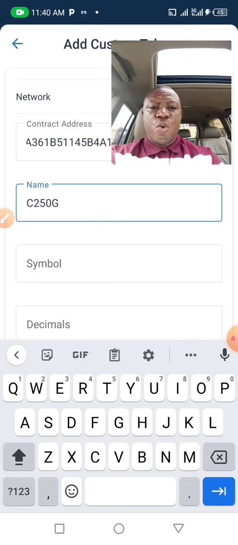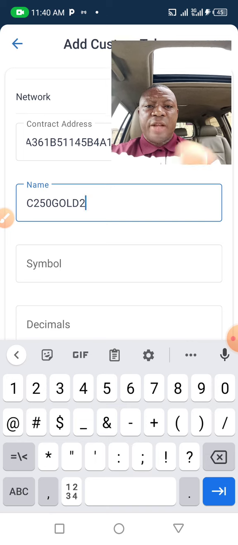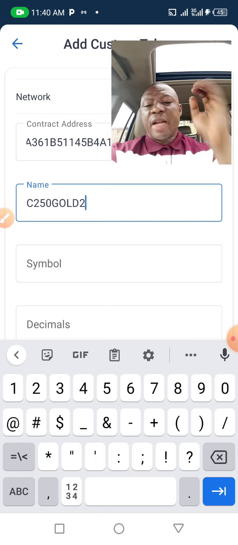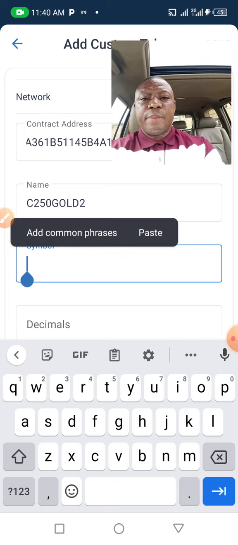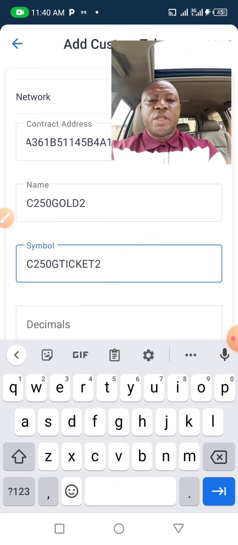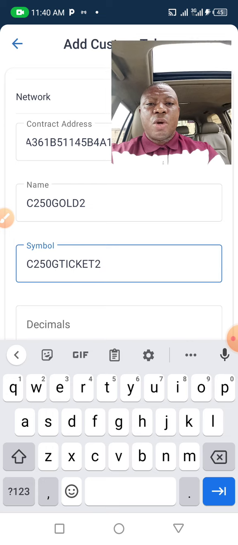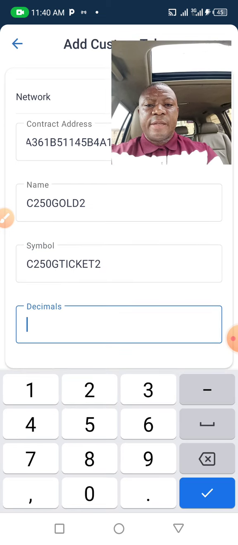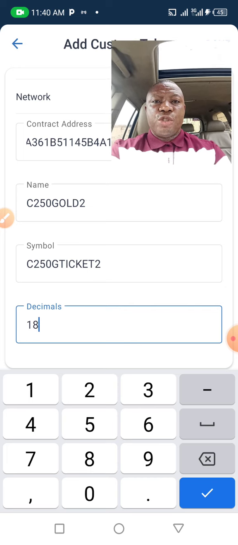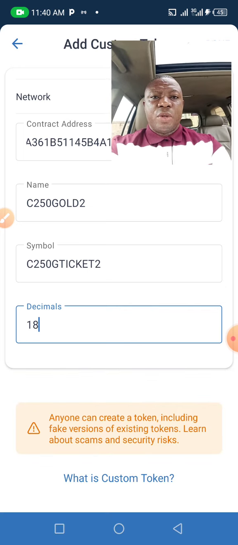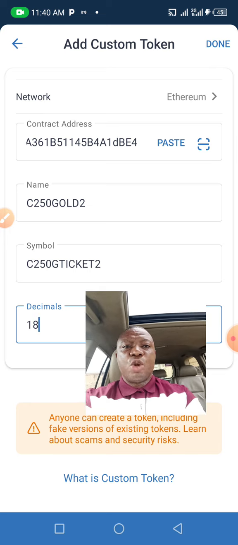We change it to gold and write 2 there, signifying that we are buying at phase 2. Then we come to symbol C250 gold, C250 ticket 2. All right. Then you come down to decimal, then you write 18. Now, after doing this, you OK it. All right. And say done.